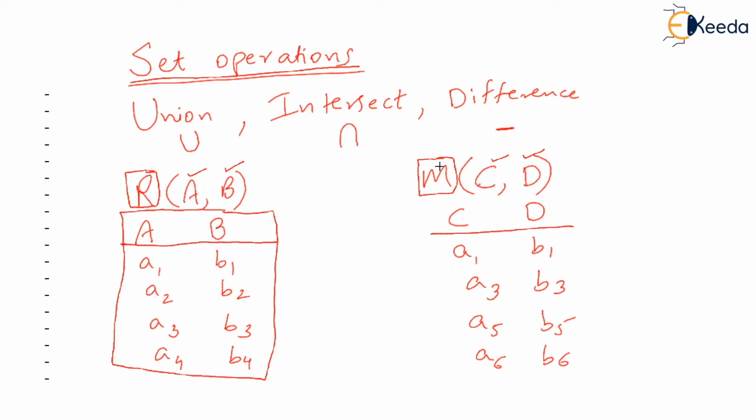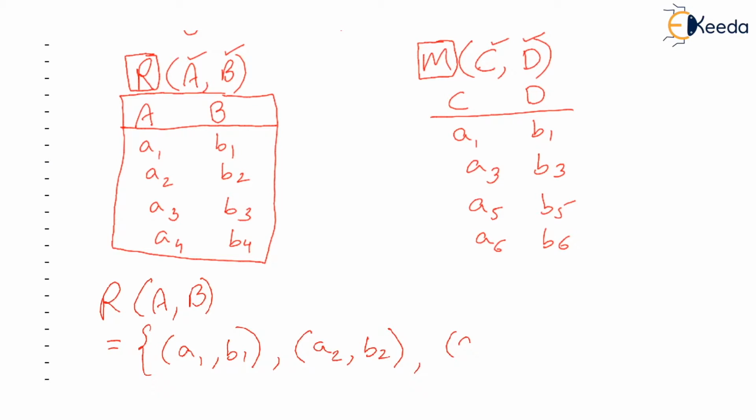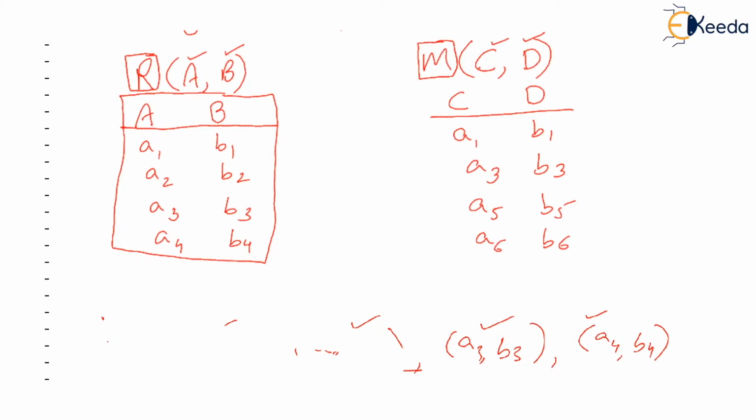So you can actually watch this relation R, which is having two columns A and B, as a set like this. You watch this. A1 comma B1 is the first element. A2 comma B2 is the second element. A3 comma B3 is the third element. And A4 comma B4 is the fourth element. Watch this. These are the four rows, but they can be shown as sets. So if each relation, each table is a set in relational algebra, then obviously we can perform set operations.